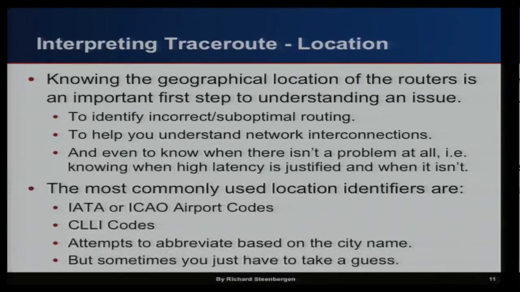The other major identifier is called a CLLI code, CLLI. I'll get into that in more detail, but basically you're just,